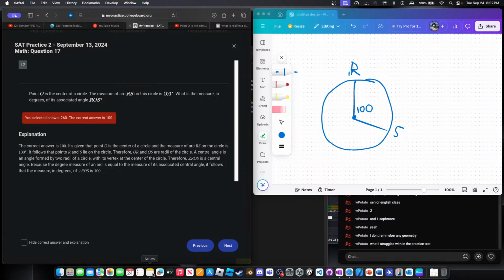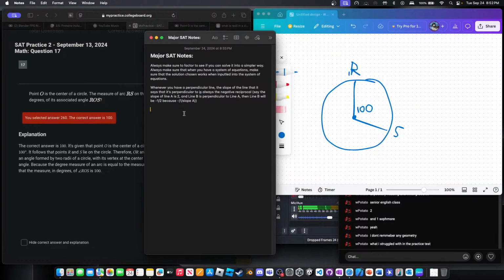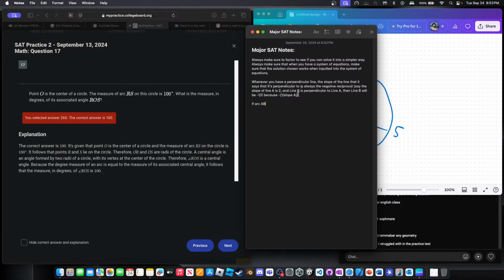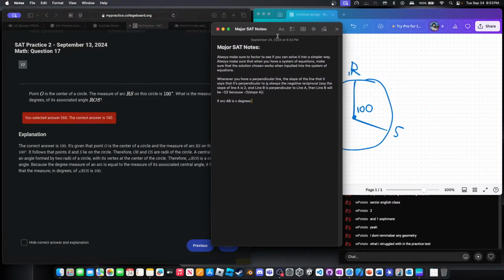So let's make our note here. SAT notes. If arc AB is x degrees, and